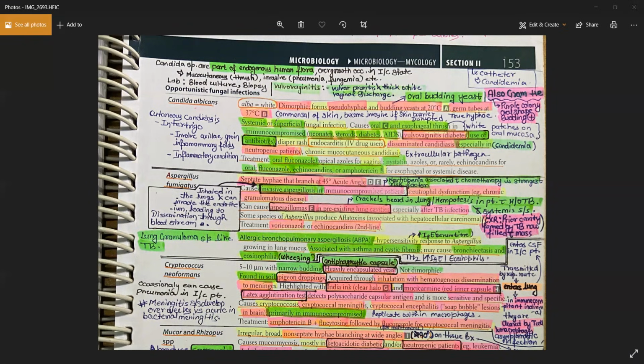And Step 1 will ask you deficiency of what kind of WBCs causes the systemic infections, and deficiency of what kind of WBCs causes the superficial infections. So you need to know that neutrophils are important to prevent the Candida systemic infections. Okay, so in case of neutropenia only, you will get the systemic infections. Okay, the fungemia or the candidemia. Okay, so that's Candida in the blood, and that only occurs when you become deficient of neutrophils,